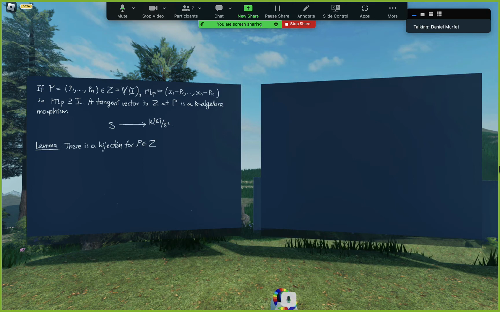Is a K-algebra morphism such that... yeah, I think it's better to set it up the other way, but I could say it like this, such that